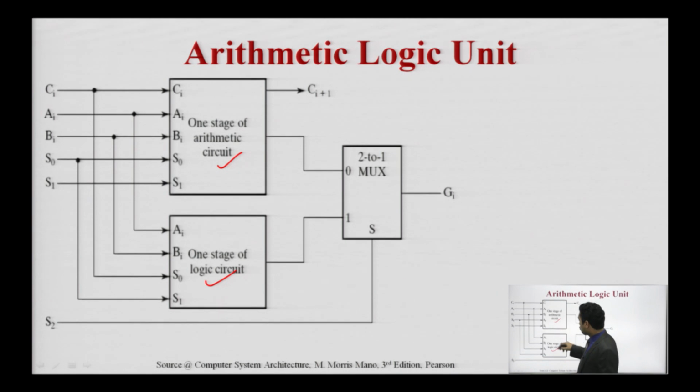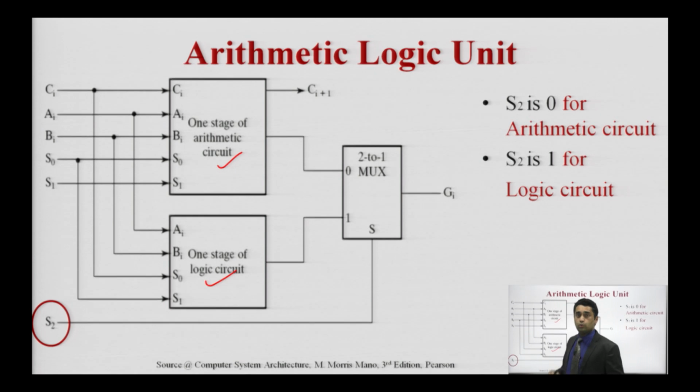Here these 2 stages are going to make one unit of a particular ALU in a traditional method, and here this S2 is used to select which mode you want to use. Means if the value of this S2 is 0, we are going to use the arithmetic circuit, and if the value of S2 is 1, we are using a logic circuit. So again a particular selection is there, and on behalf of those selections we are using this nomenclature.